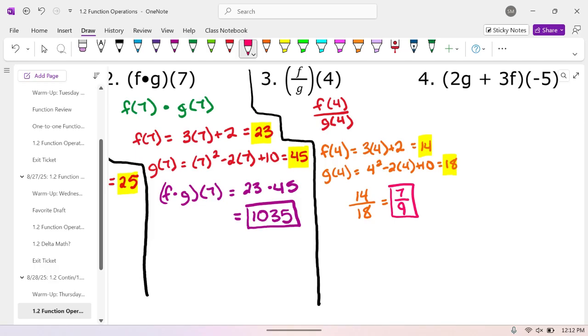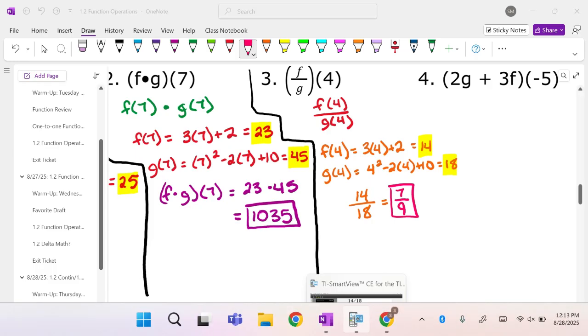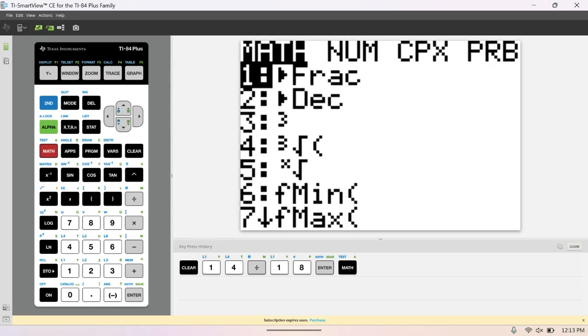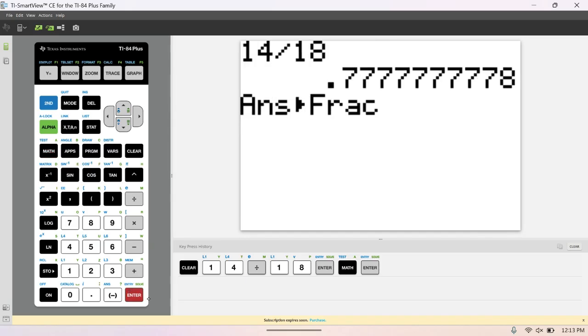If you put that in your calculator, which you could have, when in doubt, leave it as a fraction. But let me show you a little skill if you get a decimal but you need a fraction. I went ahead and did 14 divided by 18 in my calculator. By the way, this is an exact replica of what your calculator is. What you then want to do is hit math. The math key's under that green alpha key. This is the screen you'll see. Do you see how the first one says frac? That stands for fraction. So if you hit enter and then enter again,